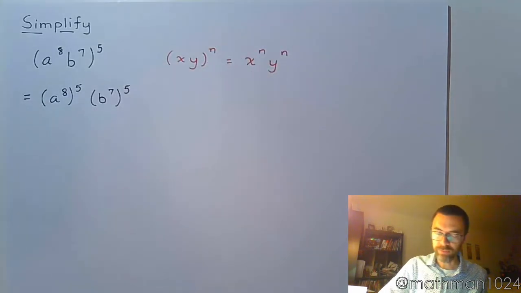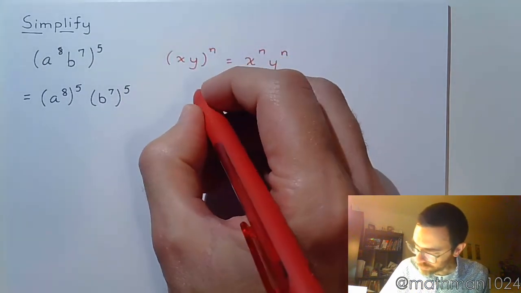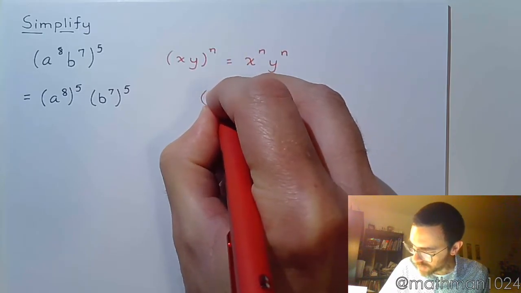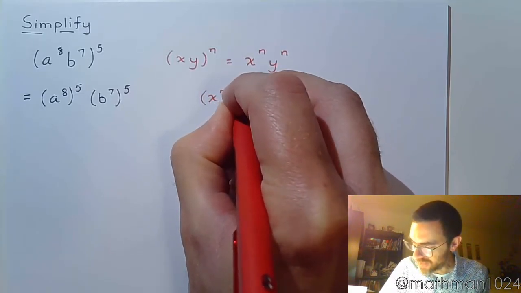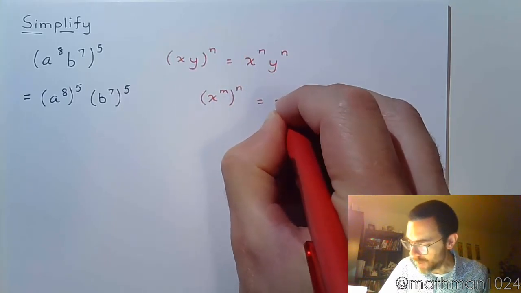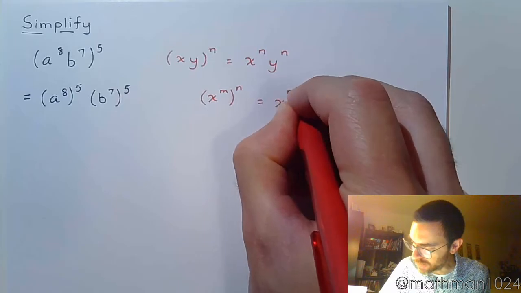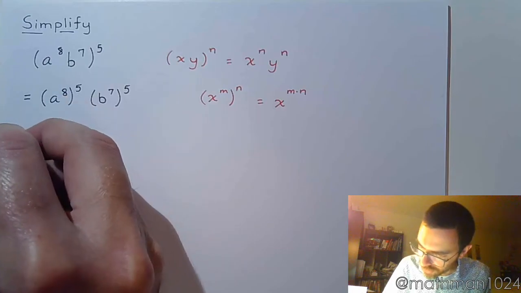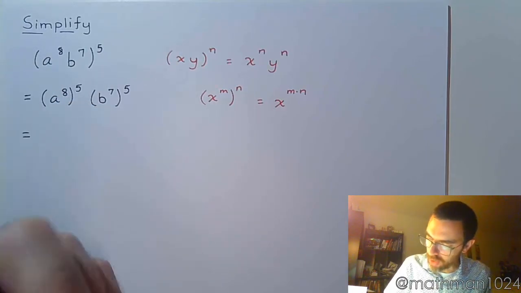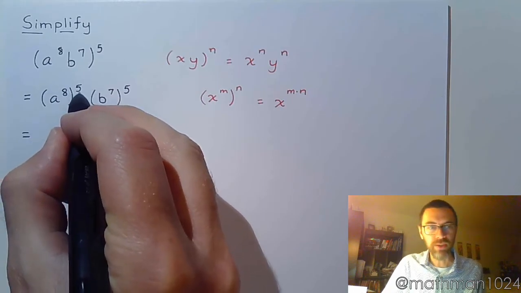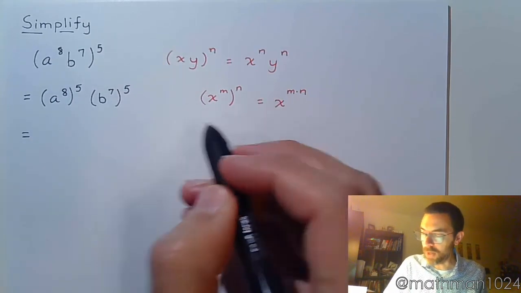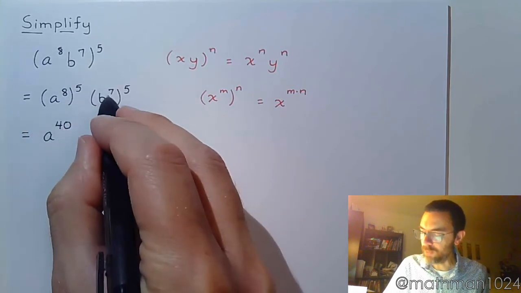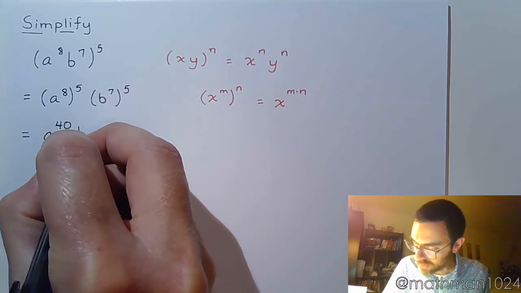That's just using the property that when you have a product raised to a power, you get this form. One of the other properties is that when you have x raised to the m power, and then raised to the nth power, a power raised to a power means that you will multiply those powers. And that's exactly what we're going to do here. We have a to the 8th raised to the 5th, so we multiply these: 8 times 5 is 40. We do the same thing over here: 7 times 5, and we get b